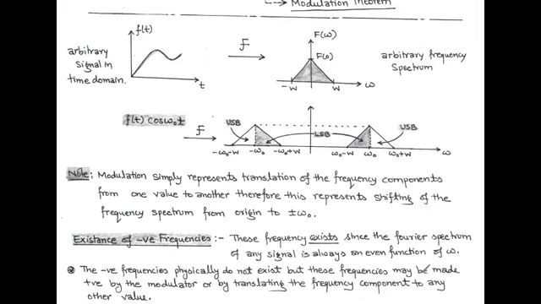For this, we take any arbitrary signal in the time domain, we call it function f(t), and the Fourier transform of this arbitrary signal is again an arbitrary frequency spectrum. So here we represent an arbitrary frequency spectrum, that is the Fourier transform of any assumed signal f(t). We call it capital F omega, and the bandwidth is capital W. After modulation, that is multiplication of f(t) with cos omega naught t, we find the Fourier transform.